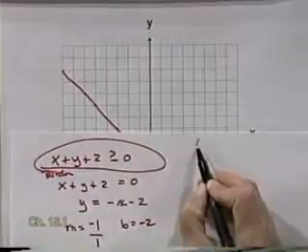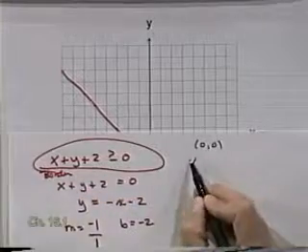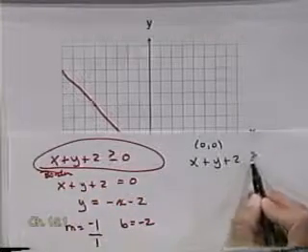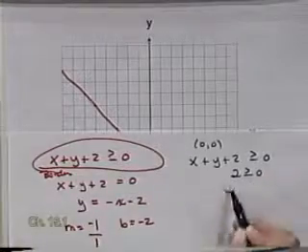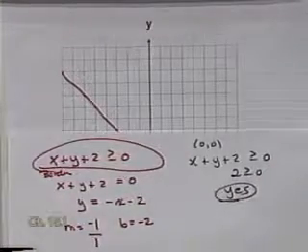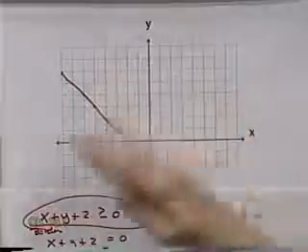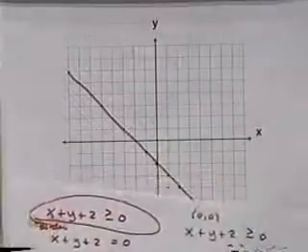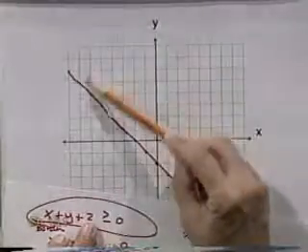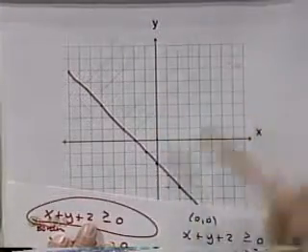If I plug the origin into this inequality, x plus y plus 2 greater than or equal to 0, I get 0 plus 0 plus 2, 2 is greater than or equal to 0. So I say, yeah, that's a true statement. Since one point on the side of this line made this inequality true, all the points on this side do. So I'm close to getting my region,